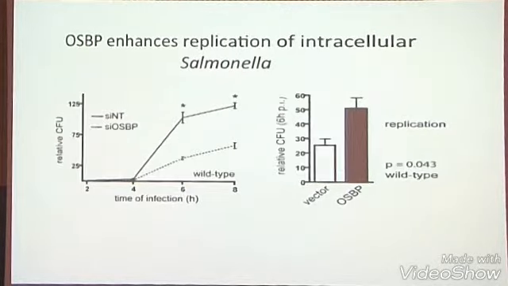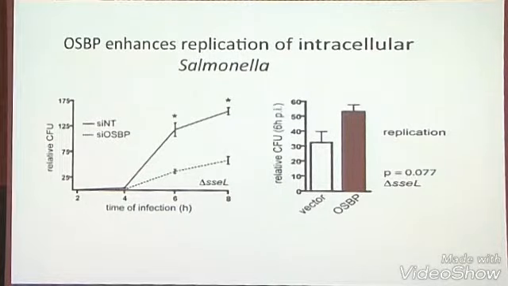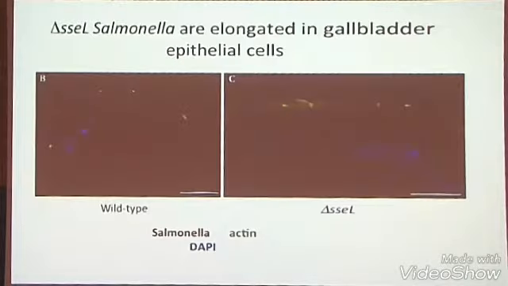Well, we did one experiment too many. It's always the case in science. So, okay, if SseL is needed for it, you predict that if you took a mutant, that should disrupt the whole thing. And this is where the wheels fell off, unfortunately. For whatever reason, when we mutated SseL, which was binding OSBP, we thought it would alleviate the effect. It didn't. Salmonella still was decreased with the OSBP knockdown, and when you transfect, it still increased more. So it's more complex, as always in science, than originally thought, and that still is a bit confusing.